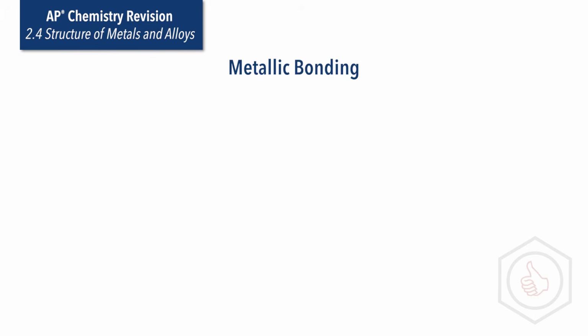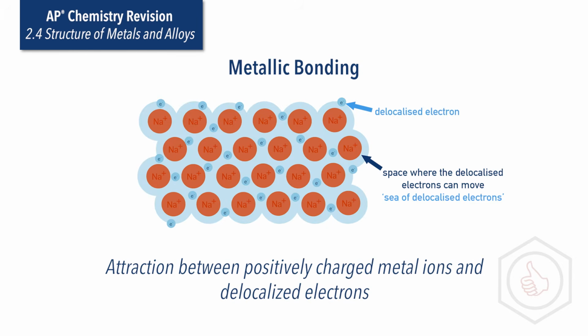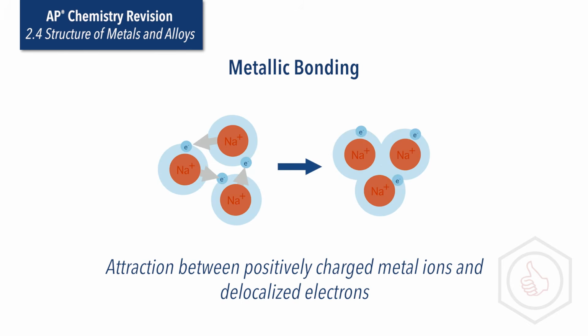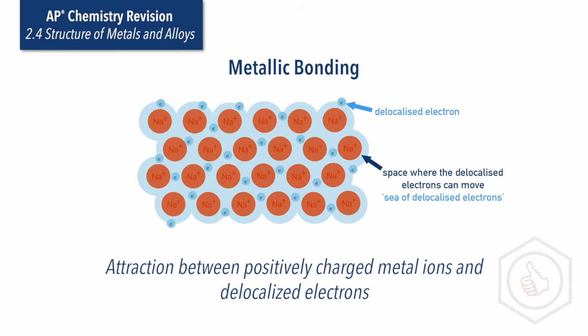Metallic bonding is a strong electrostatic attraction between positively charged metal ions, so cations, and a sea of delocalized electrons in a metallic structure. The outermost electrons in a metal atom have a weak attraction to the atom's nucleus, and this means they can become delocalized and shared between all of the atoms or ions in a metallic structure. The positive ions are arranged in a fixed lattice held together by their collective attraction to the delocalized electrons, which